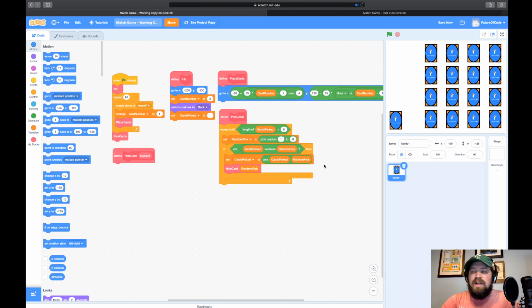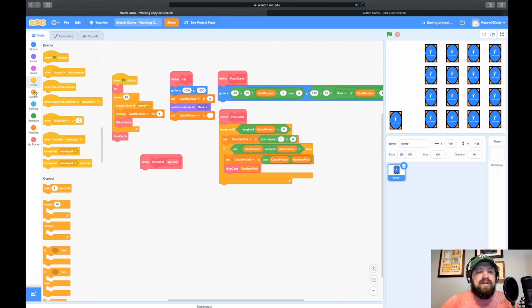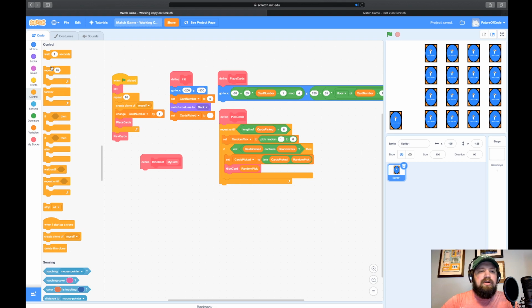So, as I just mentioned, we're going to place 2 cards. And this is where we get our hide card function, just to be clear. This is what we're going to start building out, so make sure that's in front of you. Now when we hide a card, like I said, we have 8 different cards that we're hiding, but there's 16 spaces. So again, we hide 2 cards each time. That means we're hiding a pair. So what we want to do is go into Control, and we're going to grab a repeat. And since we're hiding 2 cards, we're going to repeat this twice. So each time we run through this loop, we're going to hide something.